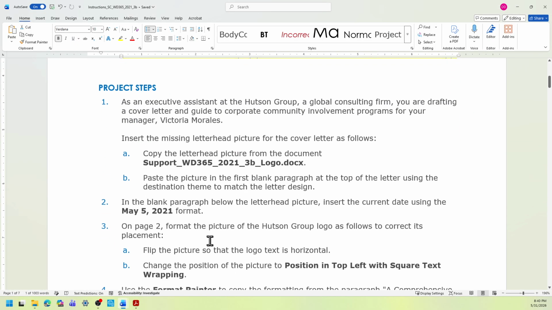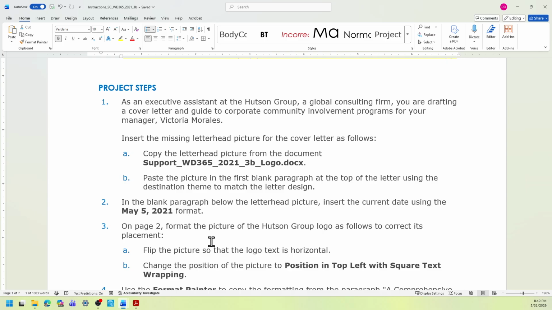The project step 1, A and B. You're an executive assistant at the Hudson Group, a global consulting firm. You are drafting a cover letter and guide to corporate community involvement programs for your manager, Victoria Morales.